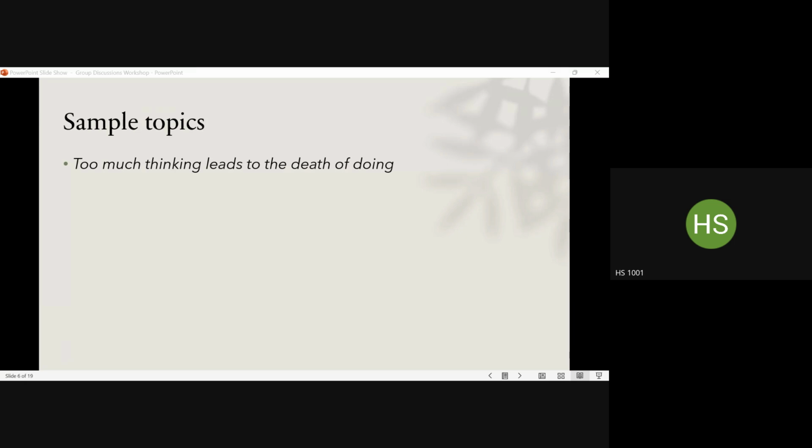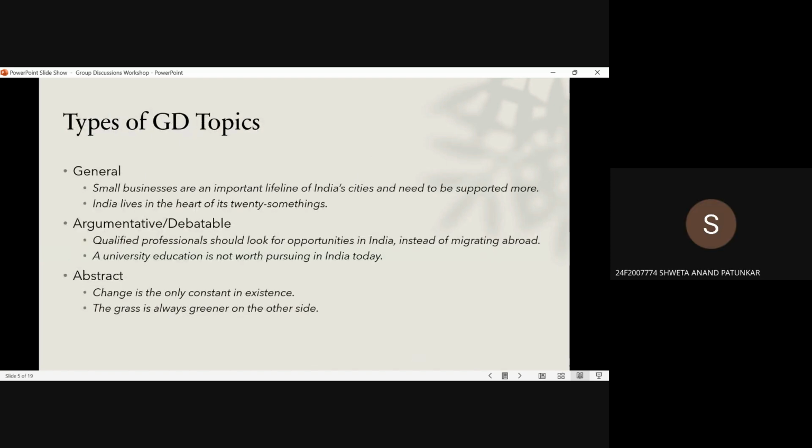Ma'am, I have just a little bit of confusion between abstract and general. What is the confusion? Ask. In general, as you said, awareness in general is a topic in which we need to be aware of a certain situation. And in abstract, we are elaborating the situation that we are not into.